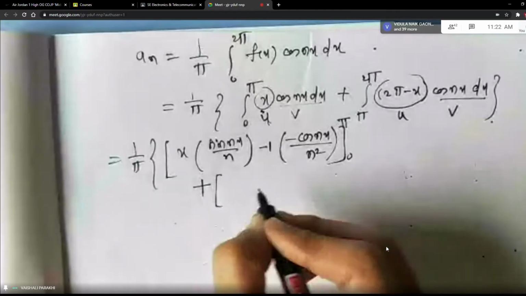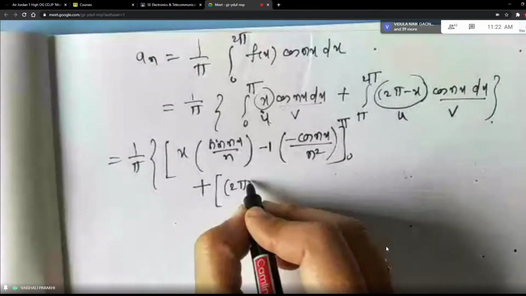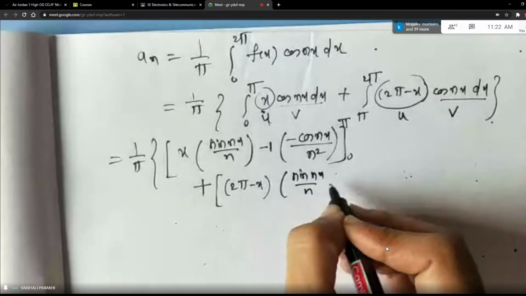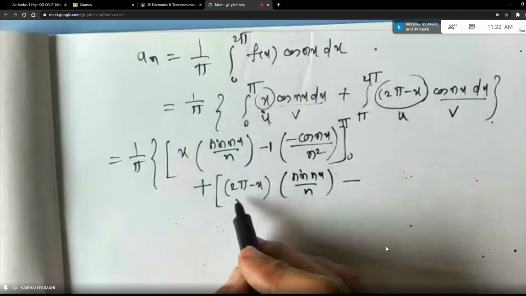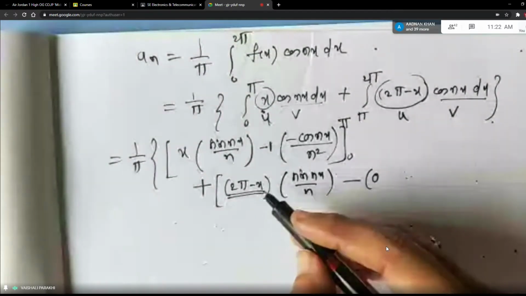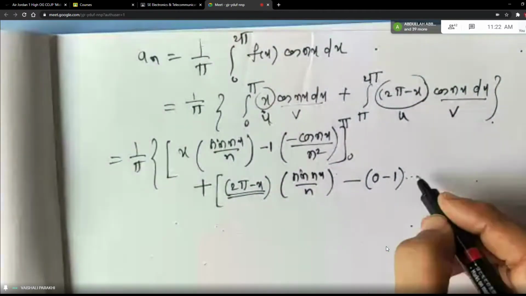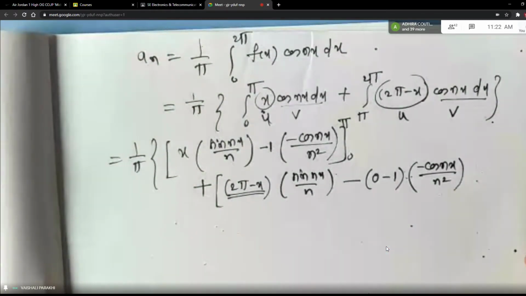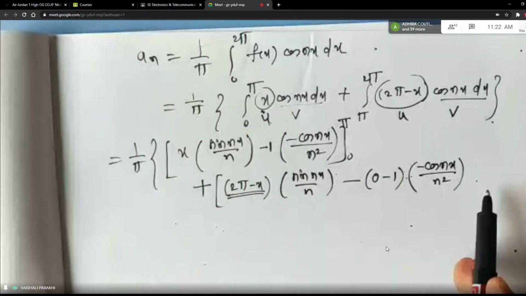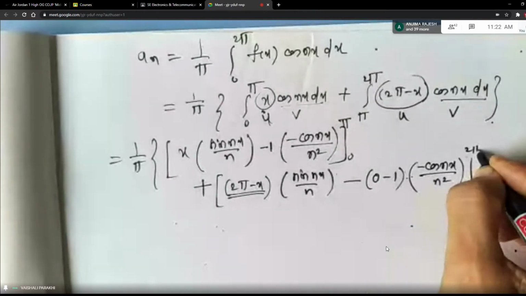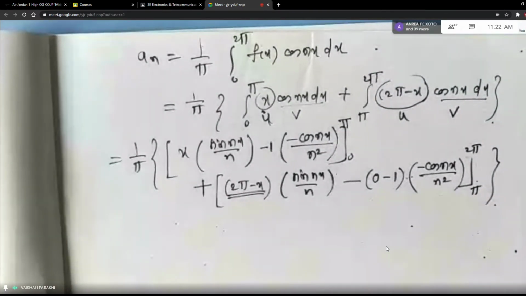Now second integral, again same first function as it is. Integral of cos nx is sin nx by n. Middle sign is minus. Derivative of 2 pi minus x, students. Derivative of 2 pi is 0 because it is a constant. And derivative of minus x is minus 1. Then integral of sin nx is minus cos nx by n. So it will become n square. Again, in the next term, derivative of minus 1 will go to 0, right? So there is no point in going for the next step. And the limits here are from pi to 2 pi. As I said, students, it looks lengthy.